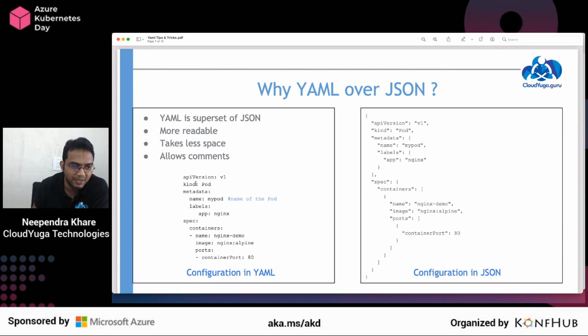I don't want to do a cheat here, but yeah. So here is a YAML file, and if you expand it, it becomes your JSON file, which is a bit large. And as you expand more and have more content, the JSON file may get too big. YAML is more readable for sure, and you can allow comments in YAML that you cannot do in JSON. So this is why we prefer to use YAML in the Kubernetes manifest, because of these reasons.